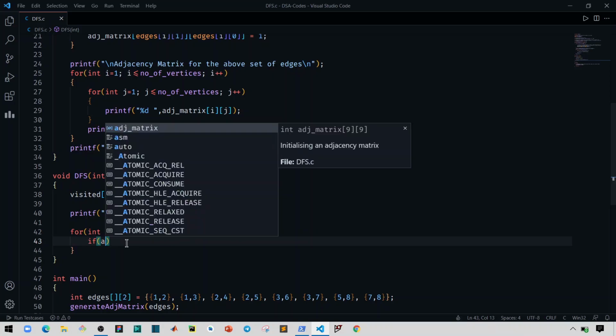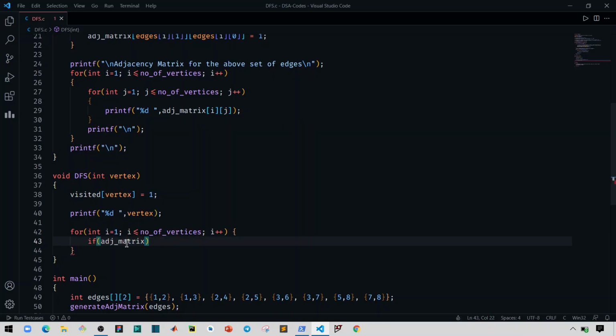That is, if adjacency matrix vertex i equals 1. Now from this condition we have checked whether an edge is present in between this vertex and i.